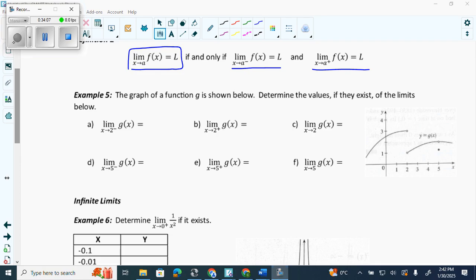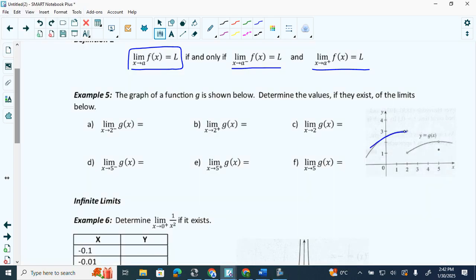You're welcome. All right. 2 from the left is what this one means, right? So we're going to go 2 from the left and we're going to stop at 2. What are we reaching? 3. Okay. 2 from the right. What are we reaching? 1. What's 2? Does not exist. Smart children. Okay. 5 from the left, it's approaching 2. 5 from the right, it's approaching 2. Do we care what it is at 5? No. So the limit